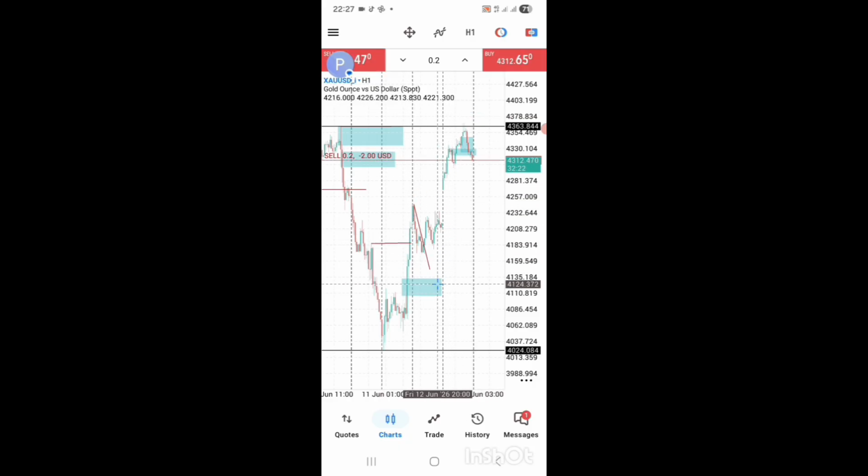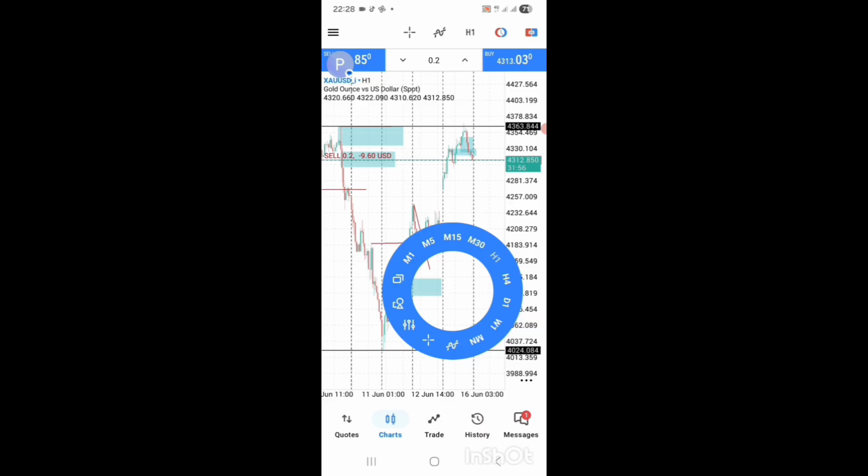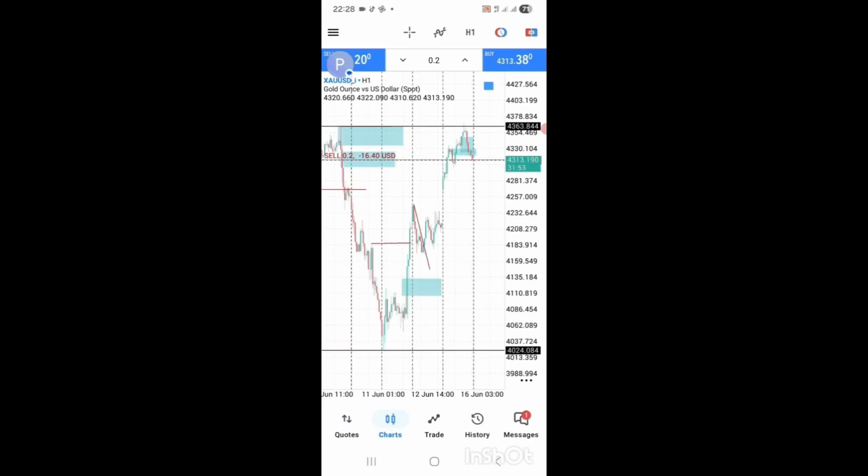have to come back to touch on these levels, either a fair value gap that was formed before the structure was broken, because structure got broken by this candle. It left a fair value gap, but that's after it was broken, but the fair value gap that was left before it got broken is this one here, or we check by the order block or demand zone rather, whichever way,